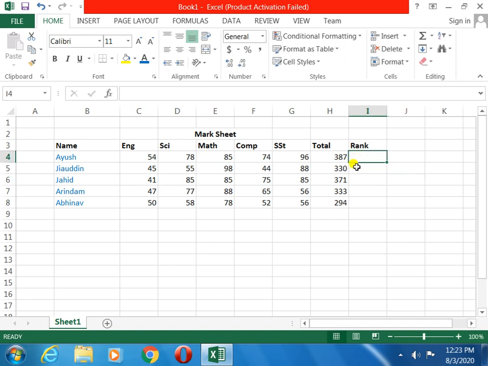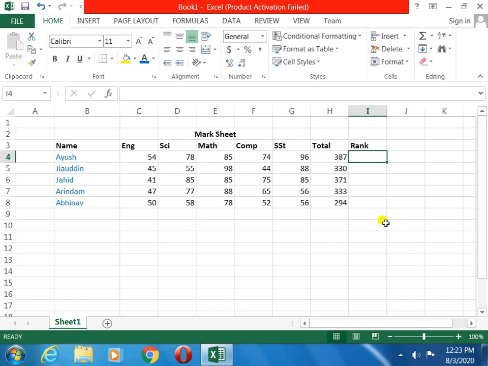The condition is about those who pass. Those who have above 300 are pass. Those who are below 300 are fail. How to take out this? First of all, I will show you these things. After that I will take out another one.